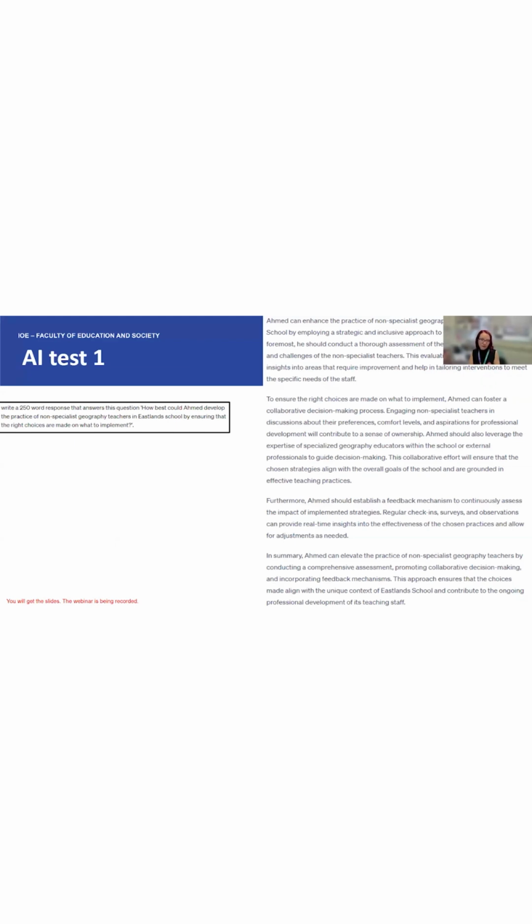So I used that question that I've just shown you, where people made lots of mistakes with it. I thought, well, I'll see what AI does with this. So I gave it this instruction, which was to write a 250-word response, because this was for a specialist course, that answers the question, how best could Ahmed Khan, etc. And I gave it the question that was given to these participants. And this is what it produced. Just have a skim read. You don't need to read this one in detail, but just have a skim read and think about your thoughts about this, and I'll show you what I think the problems with it are.